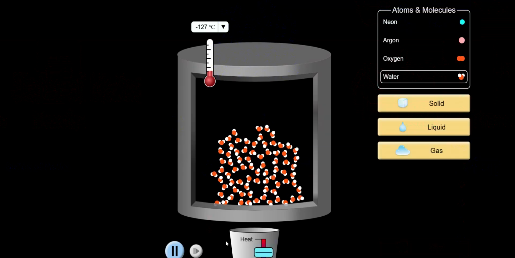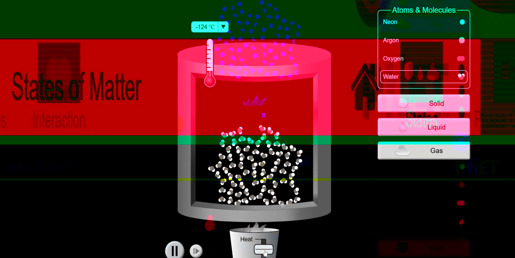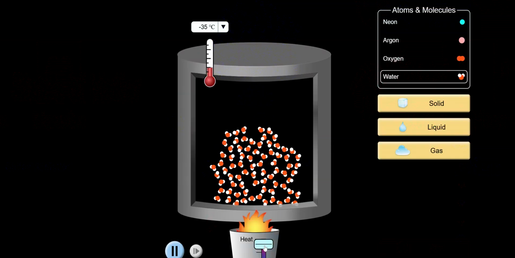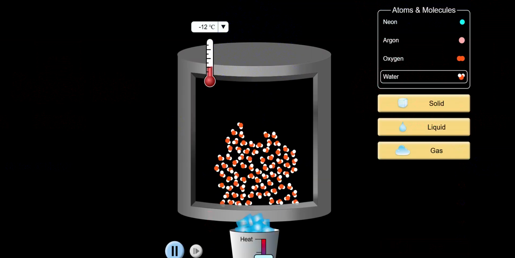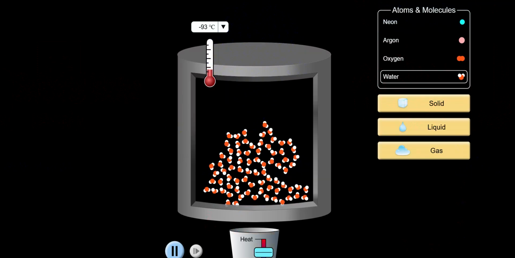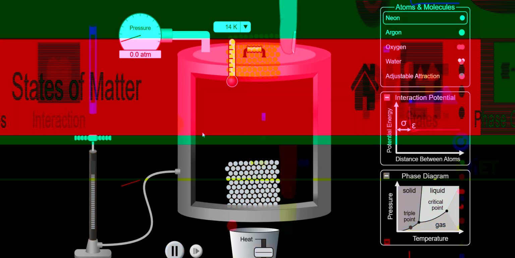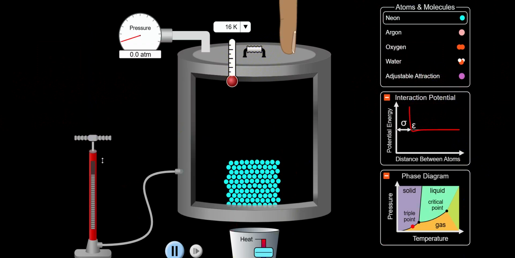Okay. Then this control is for you to add heat or to remove heat. Then you can actually click on phase changes there. The phase changes will give you even more controls. For example, with this pump here, the pump is used to add more molecules there. That's number one. Number two, you've got your pressure gauge there where you can actually monitor the pressure that you